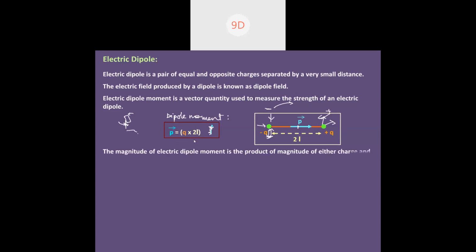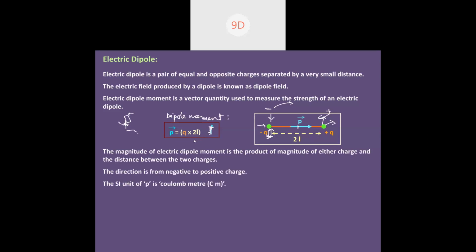So the dipole moment p bar is the product of the magnitude of charge and the distance of separation. The direction is always from negative to positive. It starts at negative, moves, then comes to positive. And the unit, obviously, q is coulomb and length is meter, so coulomb meter. Guys, in exams like NTSE they ask about electric dipole not only in numerical format but also as either a unit, what is a dipole, which of the four is true, what is its moment, such kind of questions.